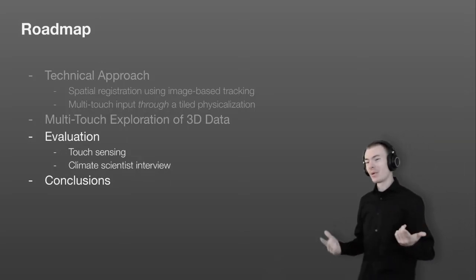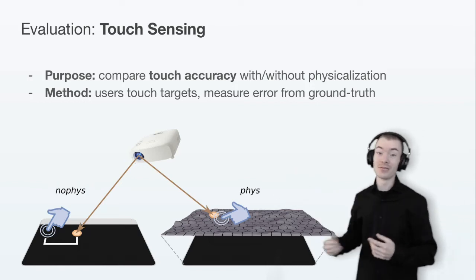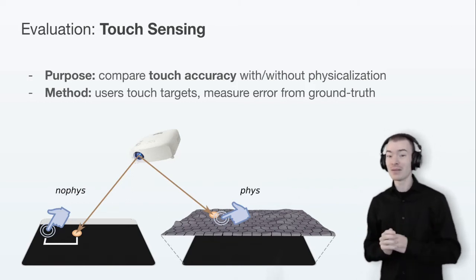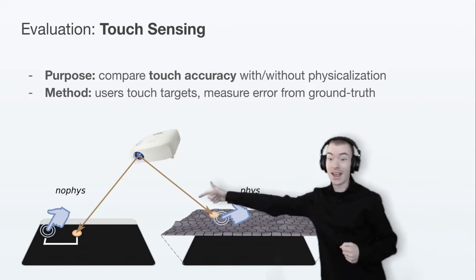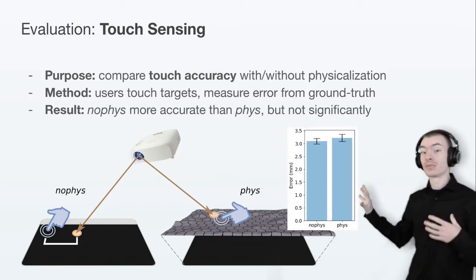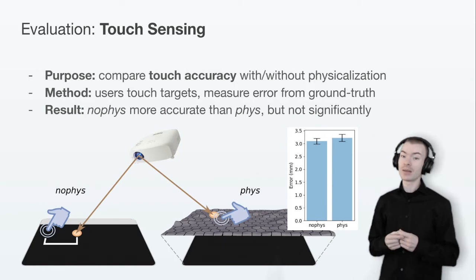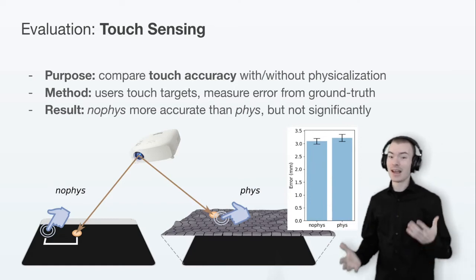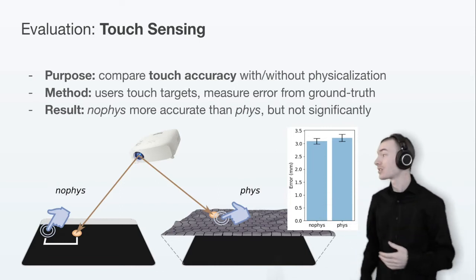So what about the evaluation? We compared a user's touch accuracy with and without the tiled physicalization present. After informed consent, we asked each of our 8 participants to touch a sequence of 30 projected dots on the physicalization and on the bare force sensing tablet. We found that the Euclidean distance from the ground truth points for both of these conditions was just over 3 millimeters, and a Wilcoxon signed-rank test was unable to find a significant difference between these conditions. So the difference in the error between these conditions is subtle enough that we would need a much larger sample size to detect a significant difference here.